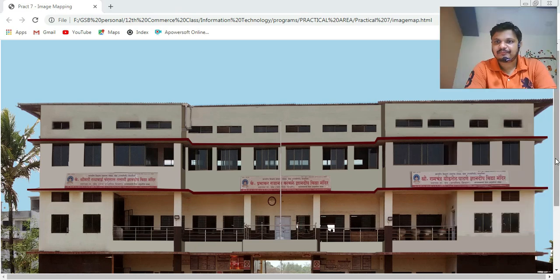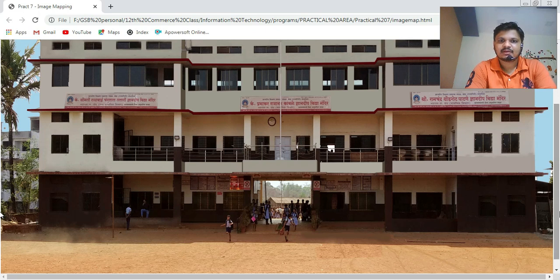See here, there is no clickable area or hotspot, but if I move the cursor over that particular area, see it shows hall area.